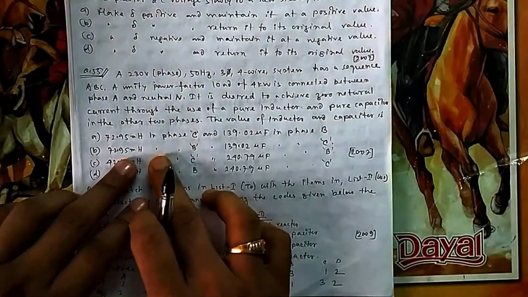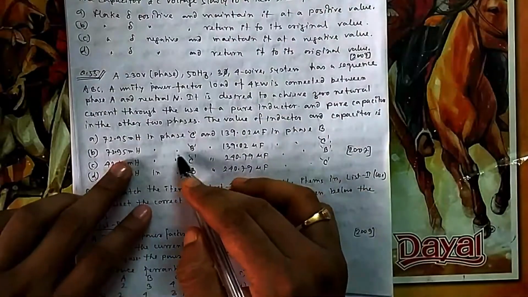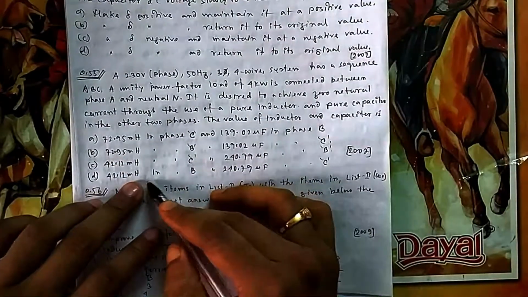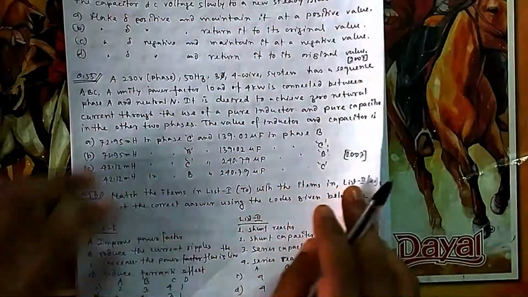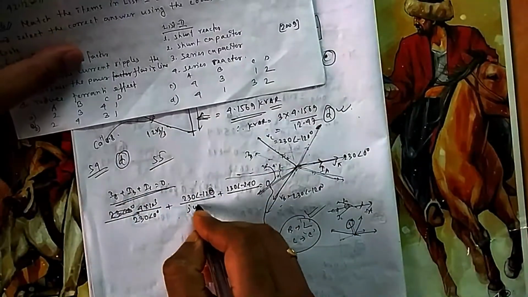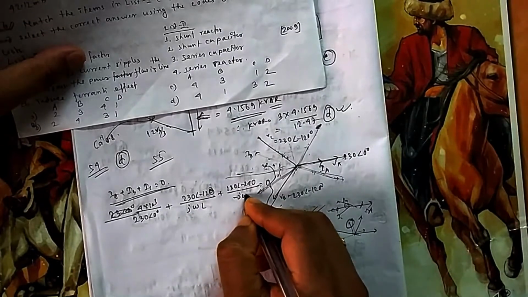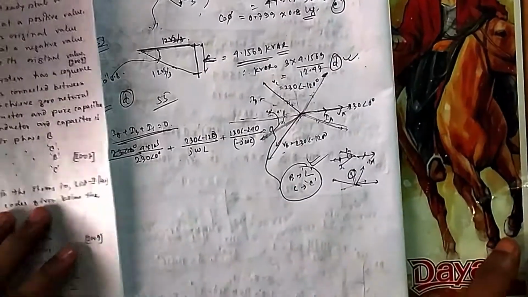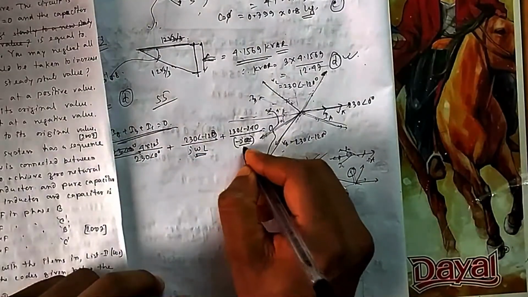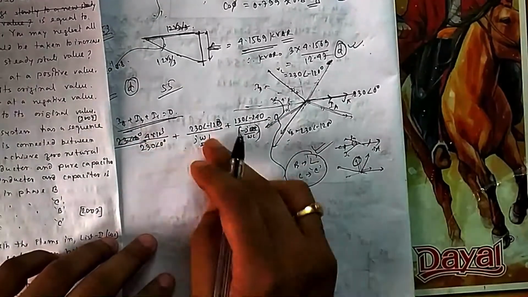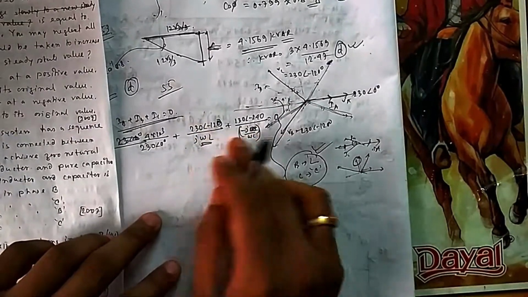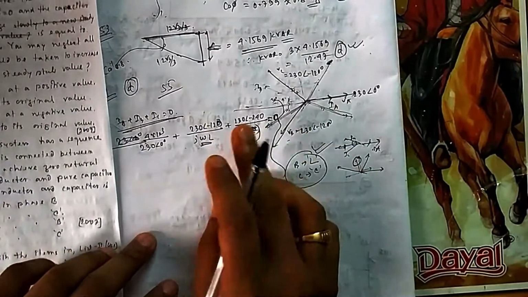So B should have L, C should have C. So B should have some L, where is B? Millihenry. So millihenry should be in B, and C should be there. Now you can put these values directly from the options into the equation and check which one gives 0. Or what you can do, you can put j omega L, and here it is minus j by omega C. Now omega you know, or you keep it as it is, XL minus j XC. So now this is the real part, you take the imaginary part of these two. You solve this equation and you can find it, or without solving also.